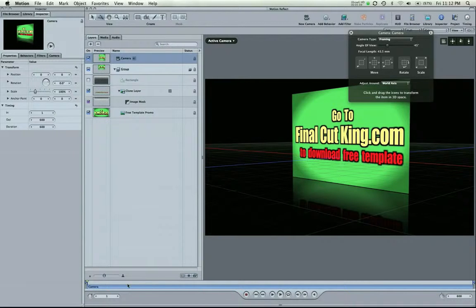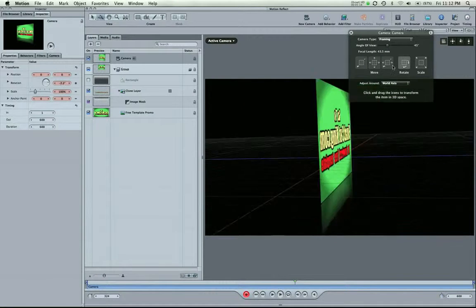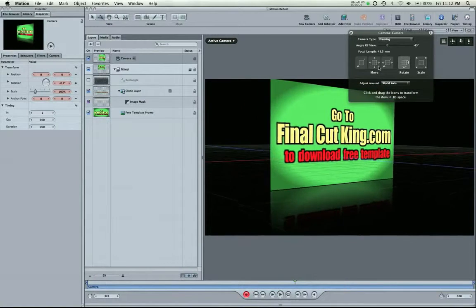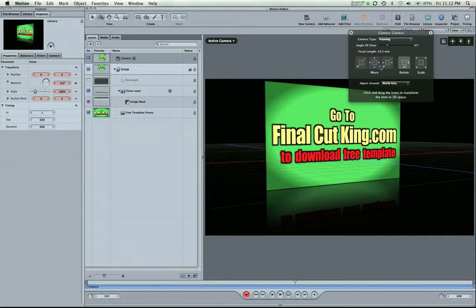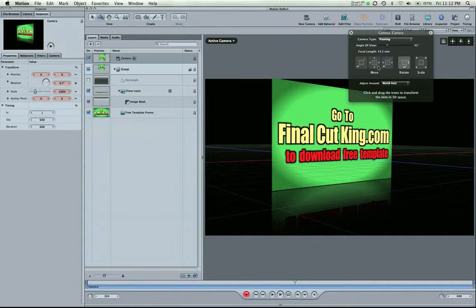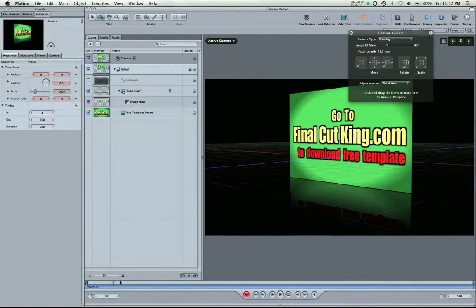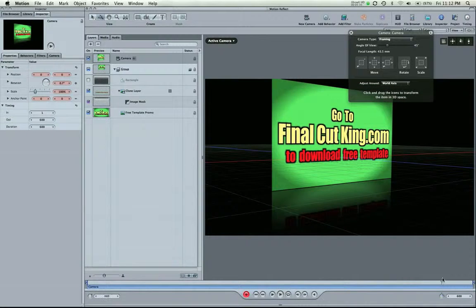So go ahead, make sure your playhead's in the beginning of the timeline. Hit record, and I'm going to scrub through and just say halfway. I'm going to have it spin this way. Again, if you are having trouble with the camera, go watch a Motion camera tutorial I have to see how these tools work. Now if you see, I scrub through, and I can take it to the end too